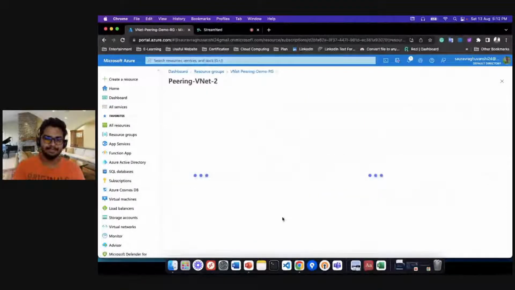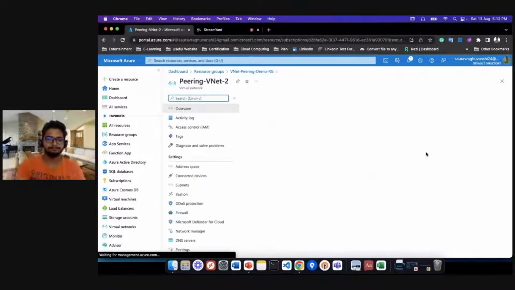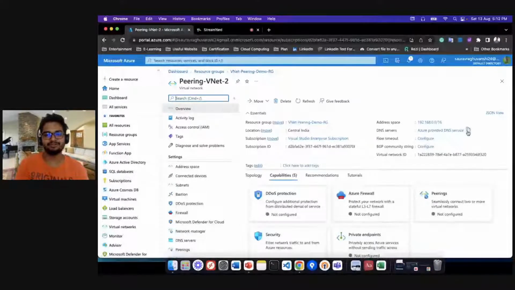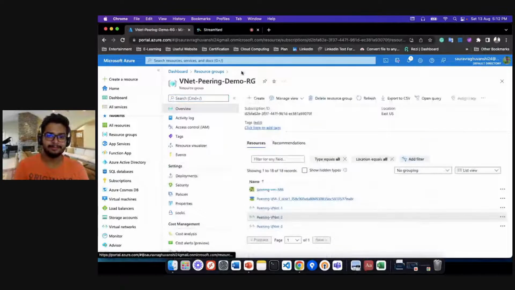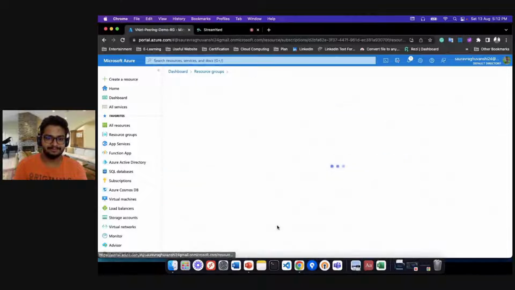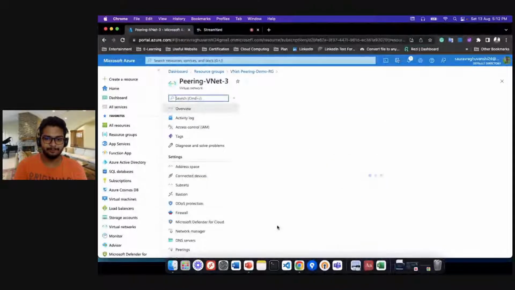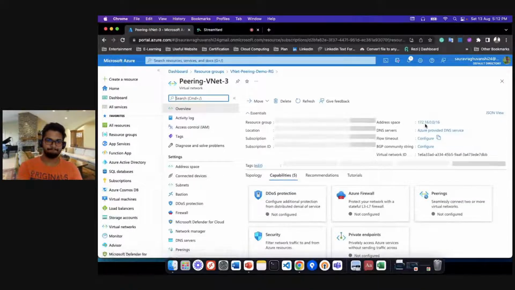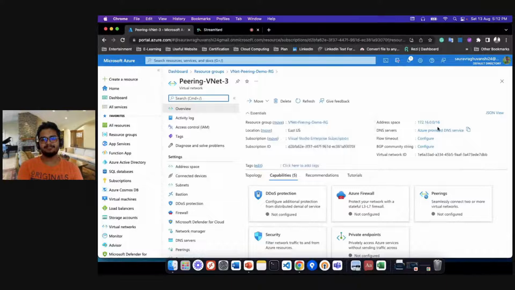192.168.0.0. So let me show you that also. Here you can see the address space is 192.168.0.0. So this is the VNet 2 that I created. Let's see VNet 3 also. VNet 3 has the address space of 172.16.0.0/16. So I deployed all 3 virtual networks in different CIDRs, and the reason behind that is, to have a